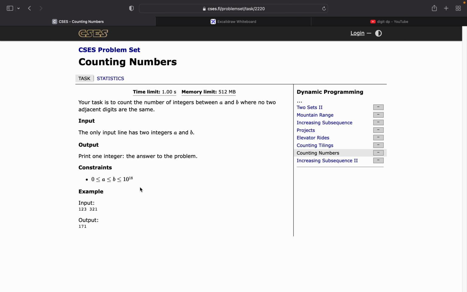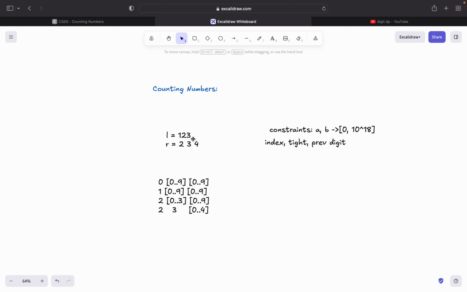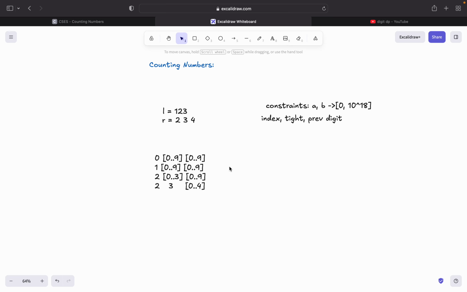Basically, this question is a variant of dynamic programming, which is digit DP. It is one of the patterns in dynamic programming, and it will help solve this problem very easily. Okay, so let's look at the example over here. Let's suppose we are given L equals 1 to 3 and R equals 2, 3, 4. The digit DP pattern is similar to other dynamic programming solutions, which